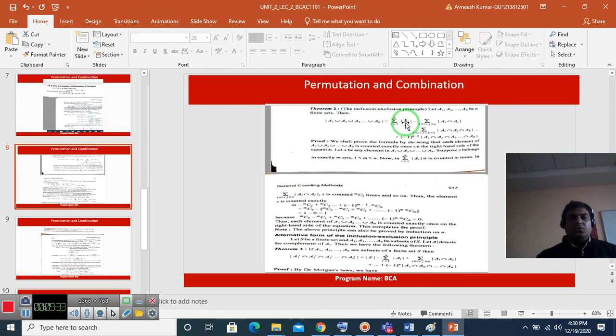For the 2 they should be subtracted, for the 3 all the 3 added. If they are individual sets up to n, all the sets should be added, 2 variables A1 A2, A2 A3, A3 A4 subtracted, and all the intersections added. So we should prove that if we choose a unique element from these sets, these elements should be counted uniquely. So we will take one element, two elements, and we should prove that if one element is here, then one element is also there.